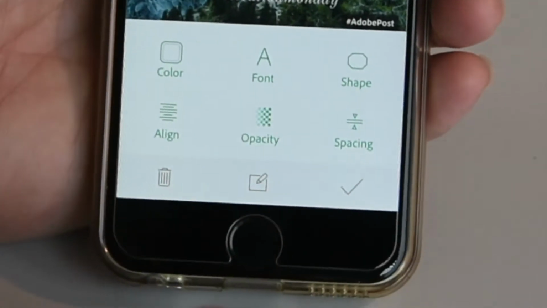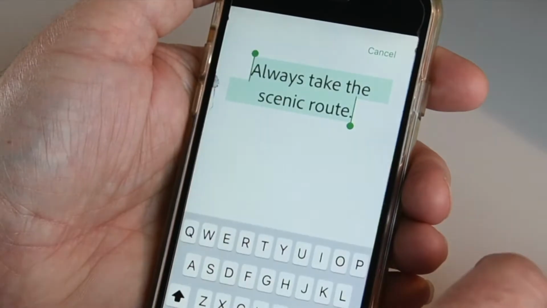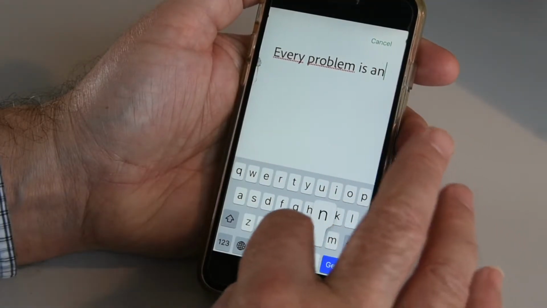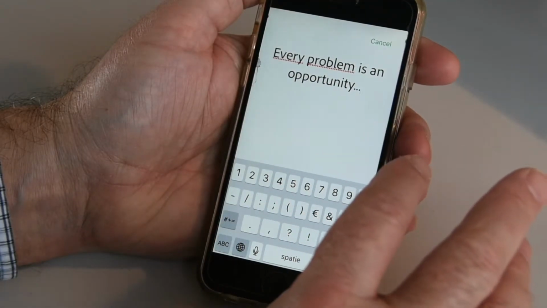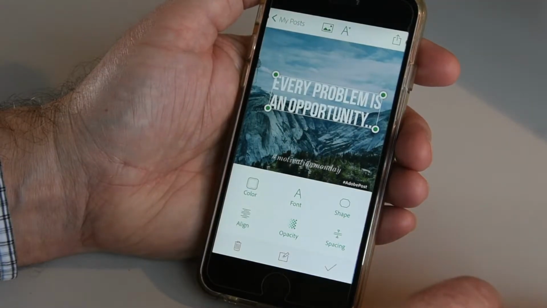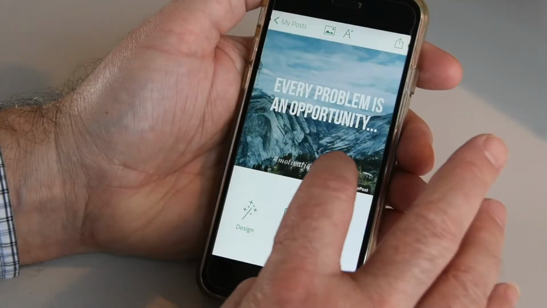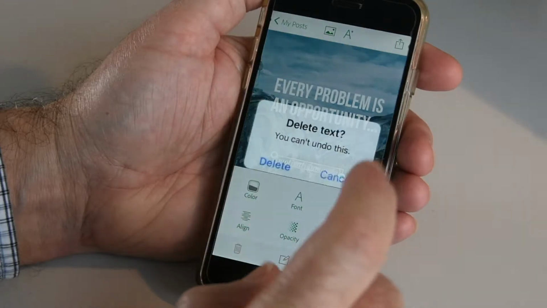Host of options here. Double click. Take my favorite quote. Okay, we got that there. I'm going to delete that. I don't want that there. Boom. Gone.